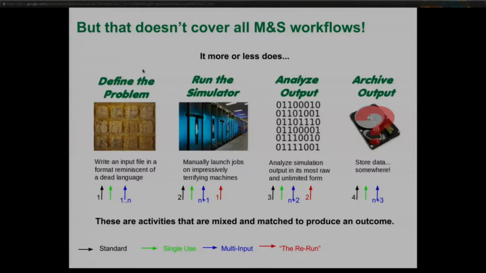The other one that we have is multi-input, where someone comes in and has n different input files that they have to generate. There's also multi-output. I ran out of space for arrows. And then the last one we like to call the rerun. That's where people come through and have their input files, run a job, look at the results, run another job, and look at more results. We see that one a lot. We get a lot of people who don't really care about anything other than running something and getting a look at it. So these are things that you mix and match to accomplish a goal.